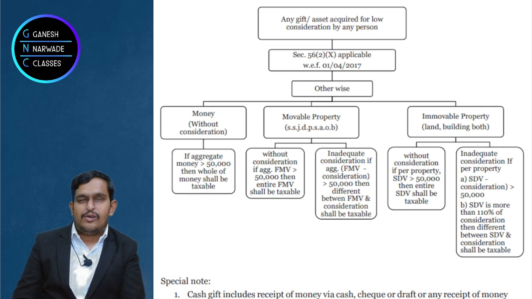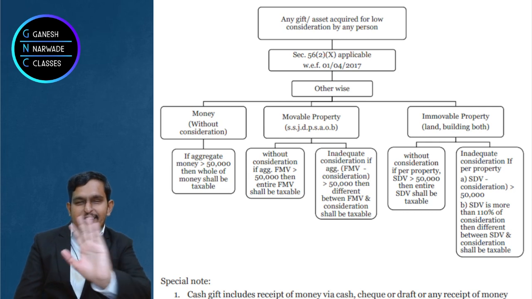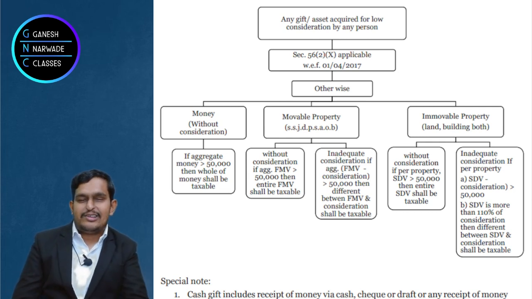I'll tell you how it happens. Suppose all my students were so happy they gave me cash gifts. Hey, fees is different, gift is different, okay? So they gave me gifts. So altogether it came to